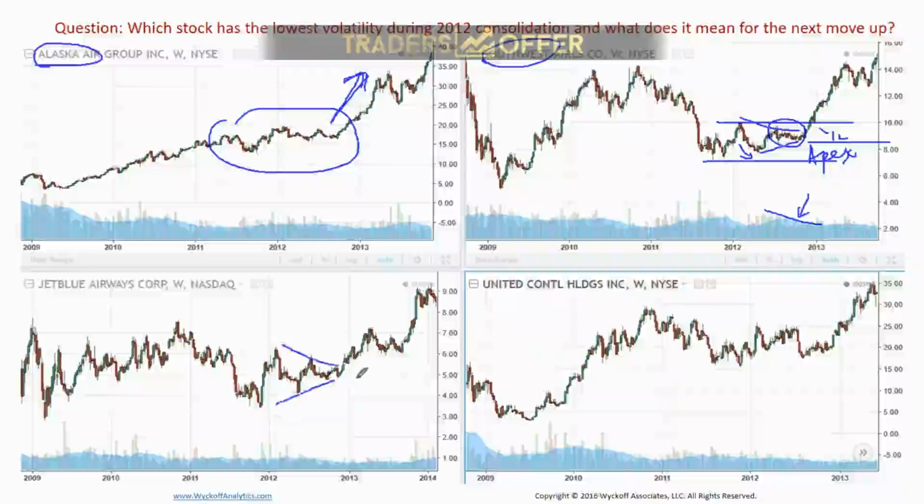And I understand for those of you who said that maybe JetBlue also has a lower volatility going into the apex, you are absolutely correct as well. But again, all of the down moves that we have here, compared to Alaska or compared to the latest moves in Southwest, are not going to be as low volatility events as this last move right here in Alaska, and specifically in United. And therefore,